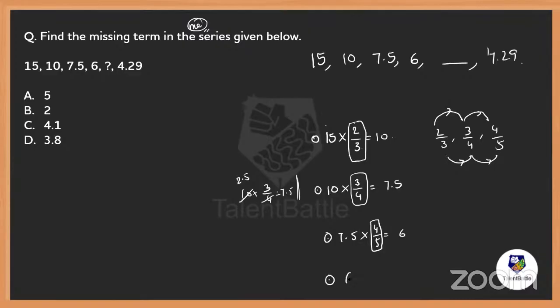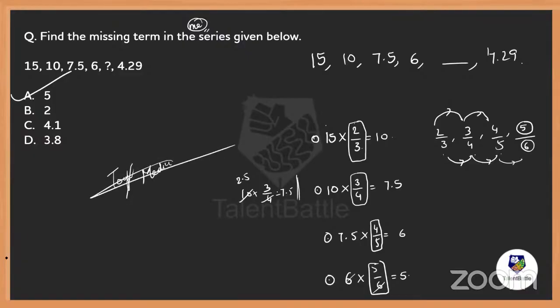So simply tell me without taking much time, what should be the multiplication of the next one, everybody? 2, 3, 4: the next one must be 5 in the numerator, and 3, 4, 5: the next one must be 6 in the denominator. So 5 by 6. So 6 gets cancelled, and the answer is 5. That says option A must be the answer. Isn't it a tough question, everybody? A medium level, and I can say a hard level also. Yes or no? A very good question, basically. Understood, everybody? How good this question actually is?